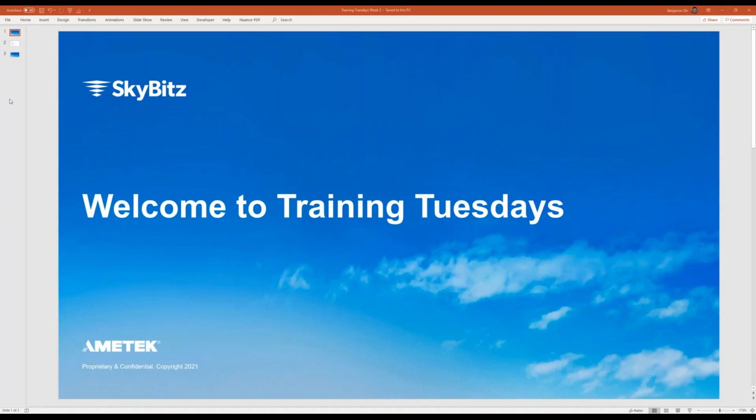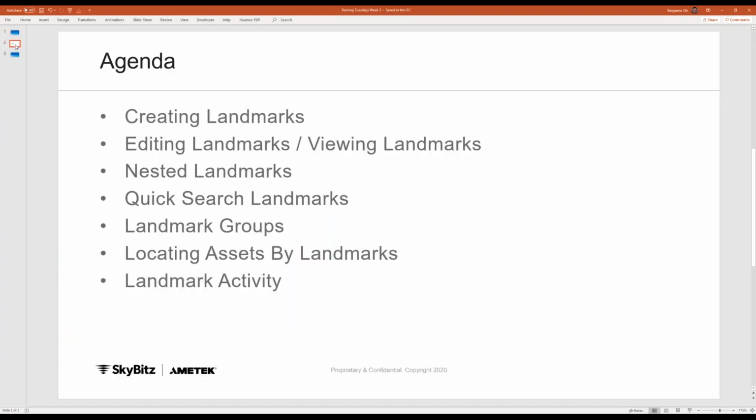Pulling up today's agenda, we'll be going over landmarks, starting with creating landmarks, explaining the difference between multi-point and circular landmark creation tools, editing and viewing landmarks, nested landmarks, which are landmarks within landmarks, quick search landmarks, landmark groups, where we can group specific landmarks together, locating assets by landmarks, landmark activity, which provides you the arrival and departure information of your assets at